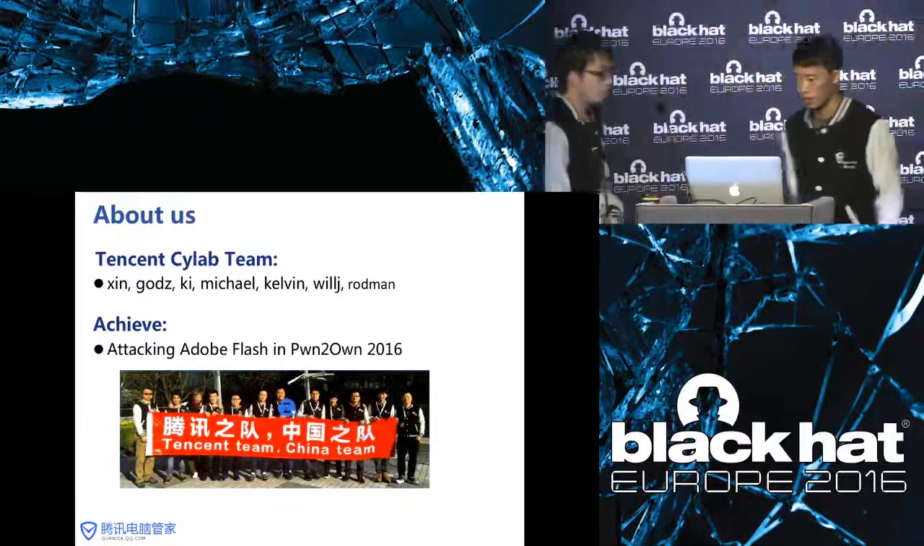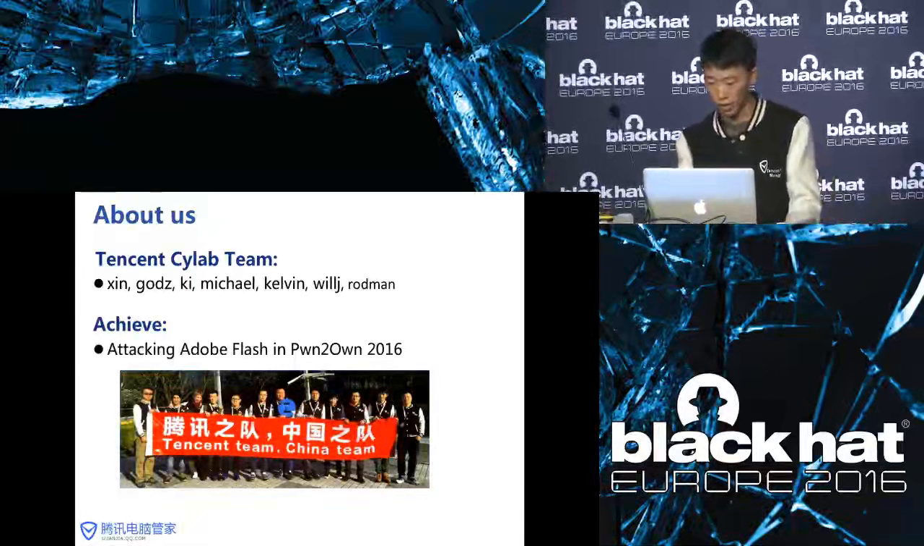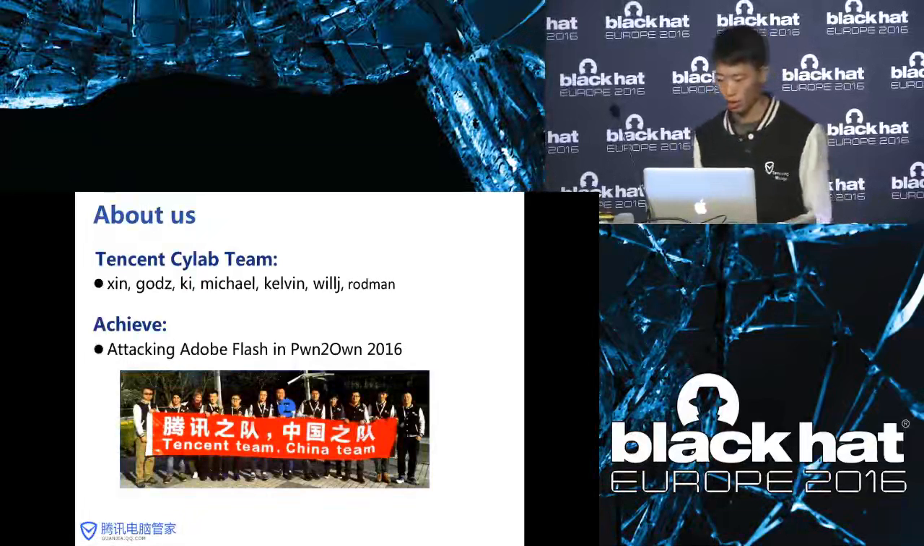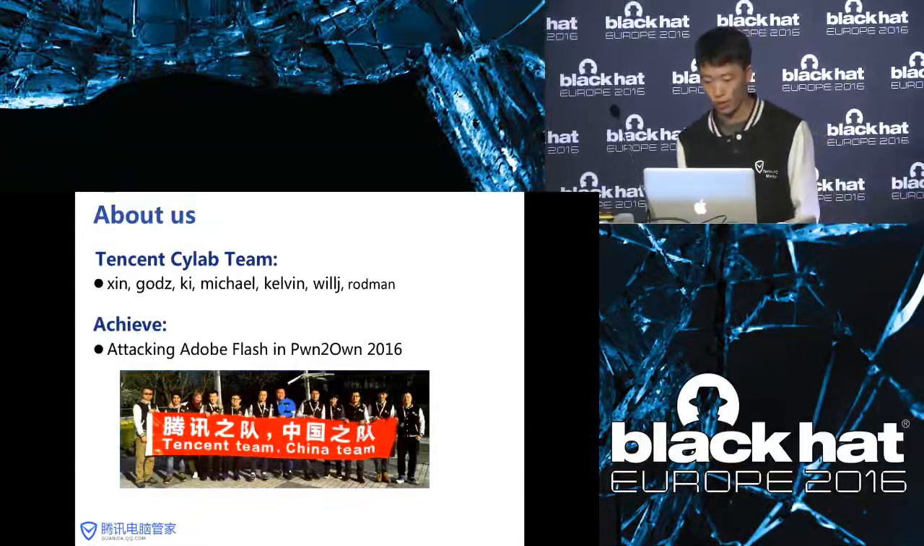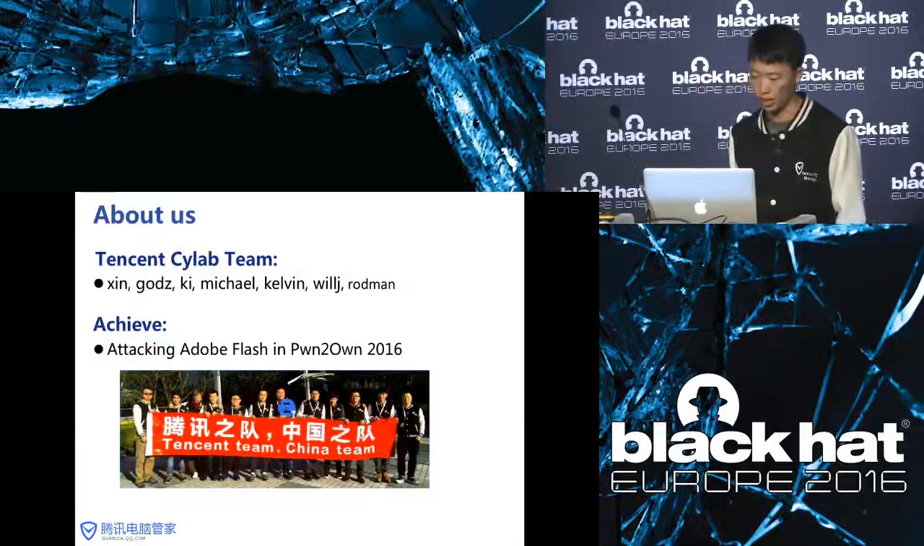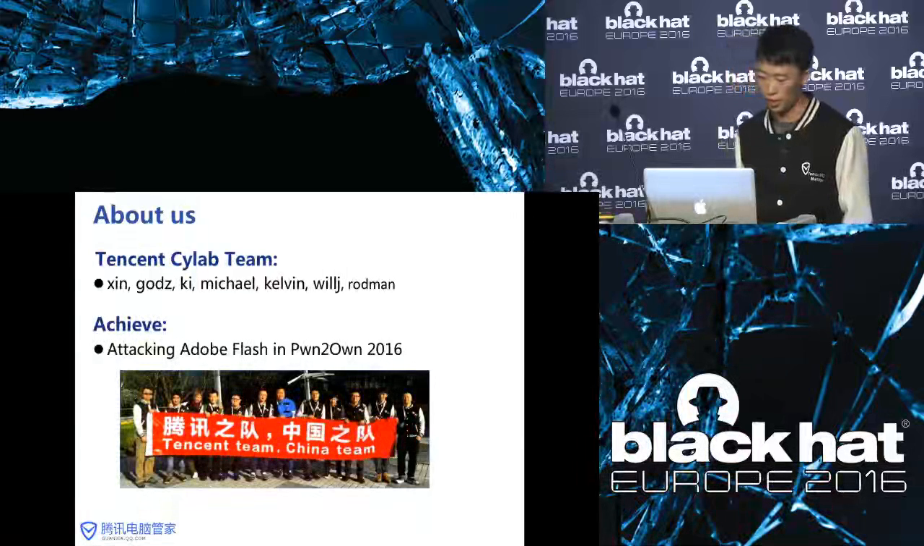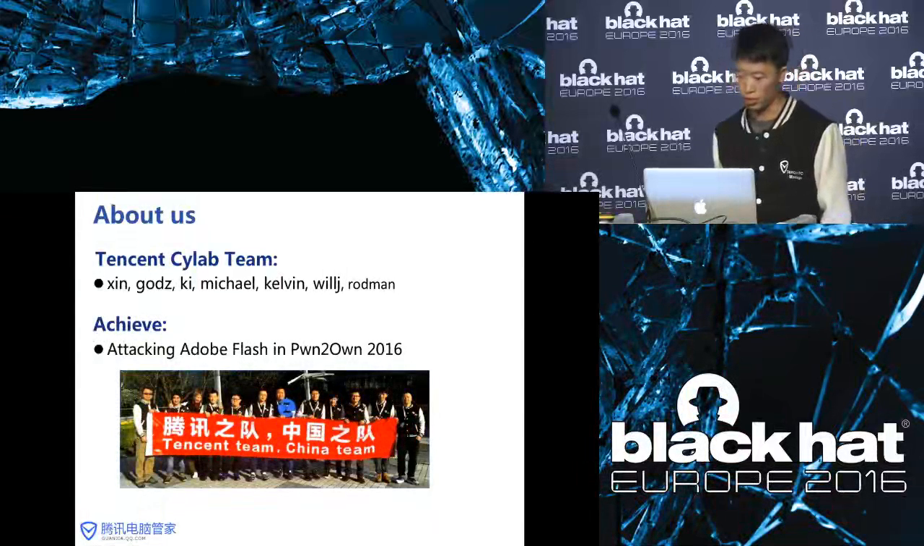Hi, everyone. My name is Kai Debugger, and I'm one of the members in Tencent Synapse. First, I'll take a short time to introduce our team. We have 7 members. Xin is our team leader. Godze is analyzing Flash and PDF memory allocation. Kai is me, and I'm responsible for finding Windows kernel vulnerabilities and writing exploits. Michael is exploiting PDFs. Kevin and Via are doing fuzzing jobs. Rosma is doing AI